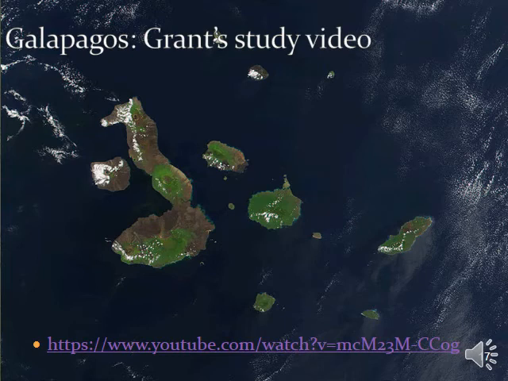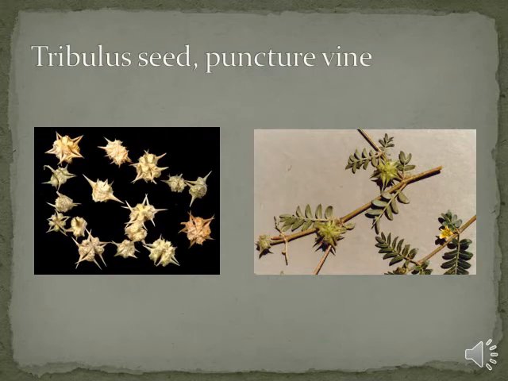So here is the Galapagos island chain and the video. I'll leave the link up there, but the link will be available on Canvas and also on the worksheet. If you take a look here, there is that small island, Daphne Major, within the larger Galapagos island chain. It's a very small island where they had a replicated island they could control and they could mark all the individuals of that bird. This gives you an idea of that tribulus seed. In the video, they'll talk about how hard it was to break open, and they'll show some video on that, but just to get an idea of what they look like.